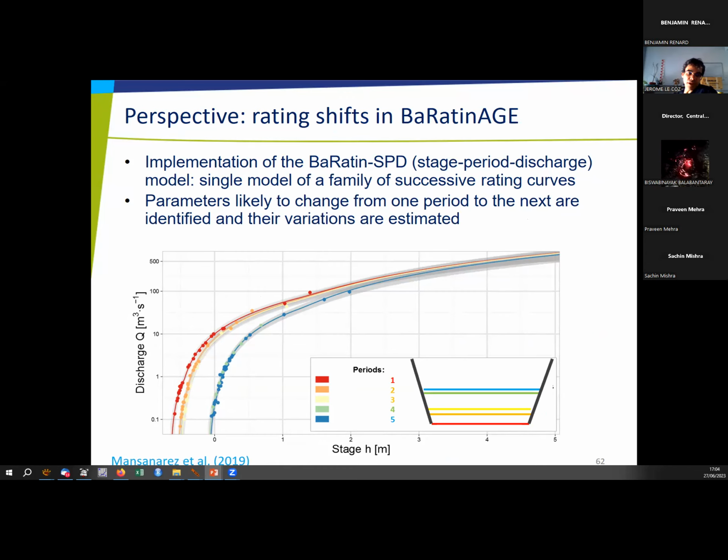So that SPD model I was talking about is hopefully the next model we will offer in BaRatinAGE. We have to adapt the interface a little bit to do that, but it will be in the next version 2.3, that will be issued in the next month, before the end of this year, I think. You will see no difference, same BaRatin model, but the engine has been changed to BAM